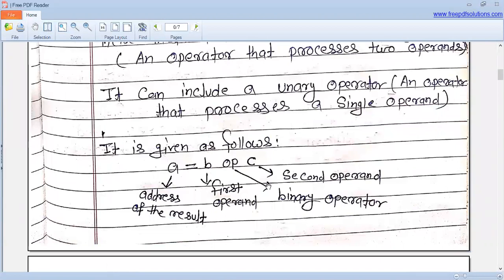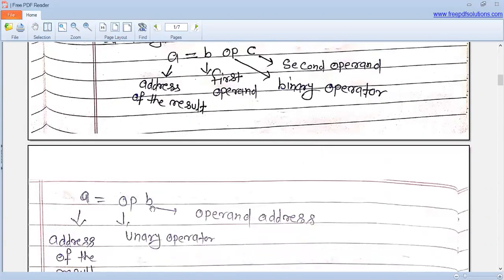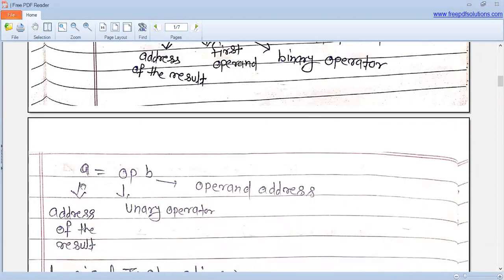Now, the arithmetic operation can also include the unary operator, an operator that processes a single operand, like A is equal to OP B. Here B represents the operand address, OP is the unary operator, and A is the address of the result.